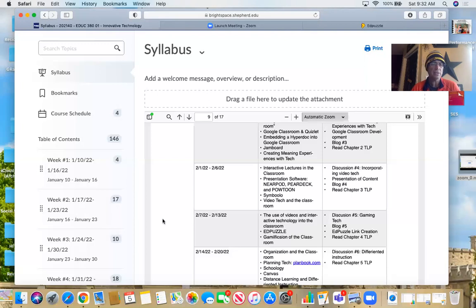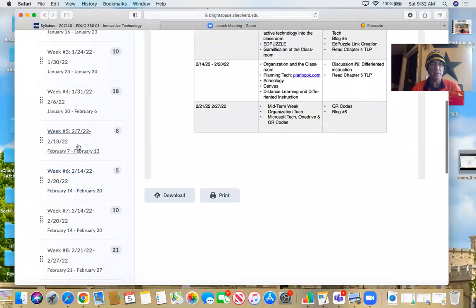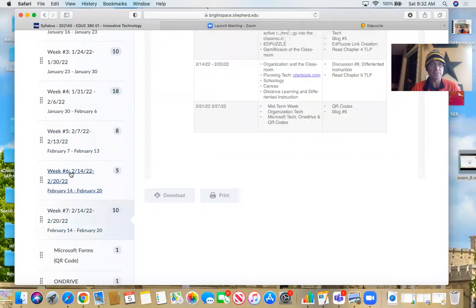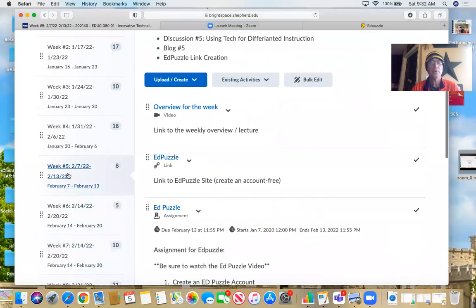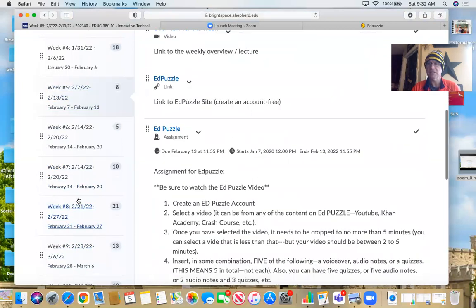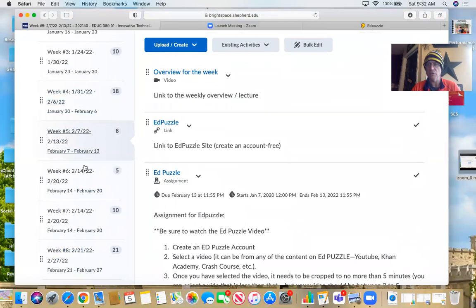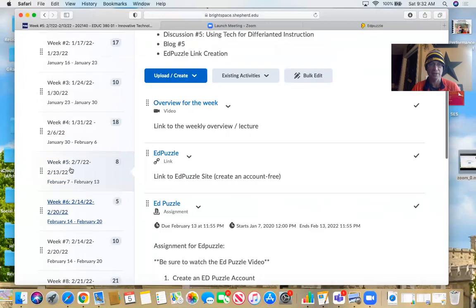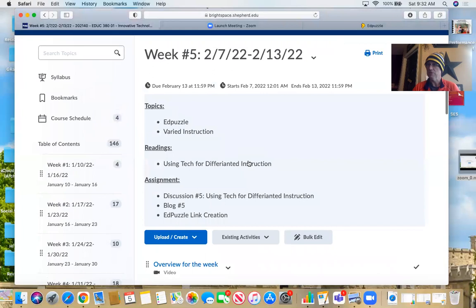So why don't we do this? I'm going to go ahead and jump in. And I'm sorry, I haven't even updated the order of some of this. Whoops, wrong week. By the way, I know the weeks, I'm fixing some of those as we go. Don't worry, they don't usually open until then, but I know about that. We are on week 5, though. We're going to be looking at Edpuzzle and varied instruction. That's kind of just my thing. You can use some things for Edpuzzle for that. And again, your readings, actually, I need to update this, but it's gamification.